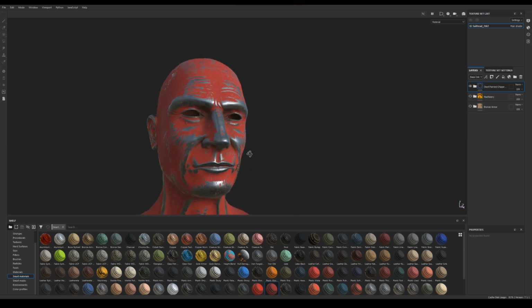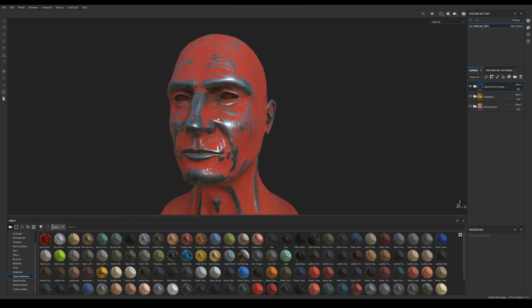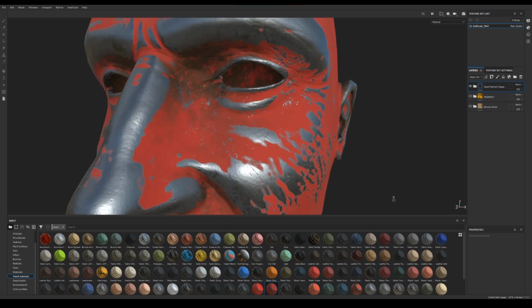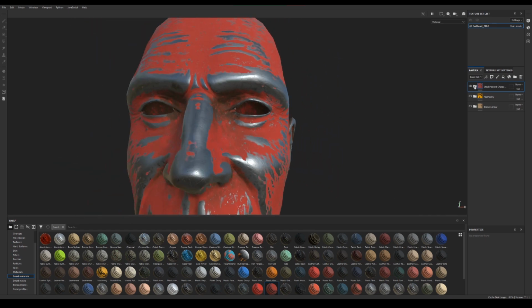You can see here that Substance recognized that the cheeks are a bit out, so they will be more worn out, and the nose, but then around the eyes it will be a bit more dirty because it's inside. Now just to show you the difference, I'll just delete those not to confuse. You can see that it's made from